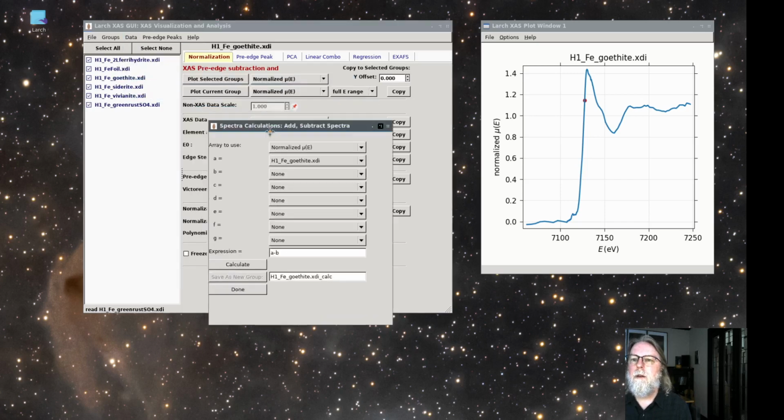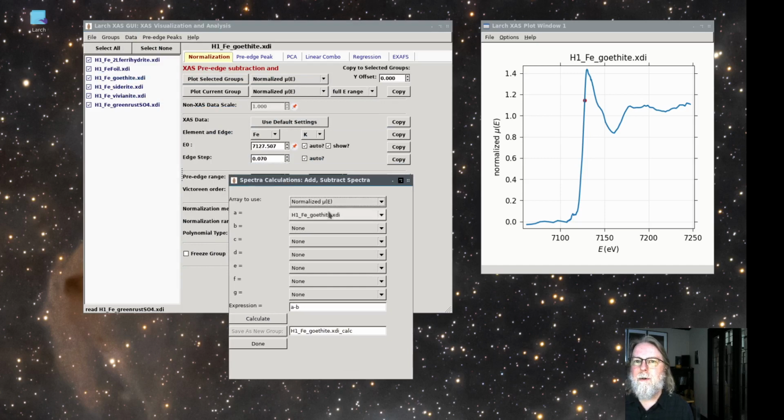dialog. You can use this to try to remove a background from a spectrum, but you can also use it in this sense of adding together some spectra. So let's make a combination of 4 different spectra. I'll say some goethite and some ferrihydrite. Again, if I plot those all together,